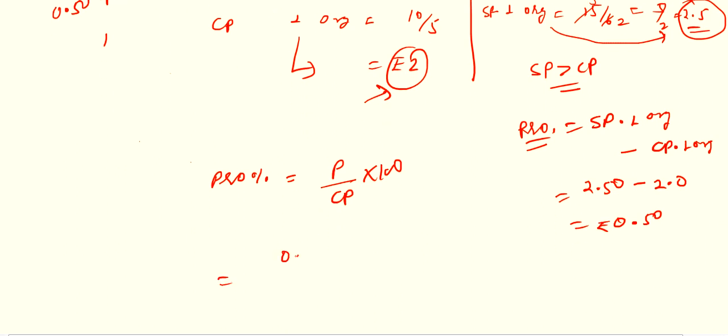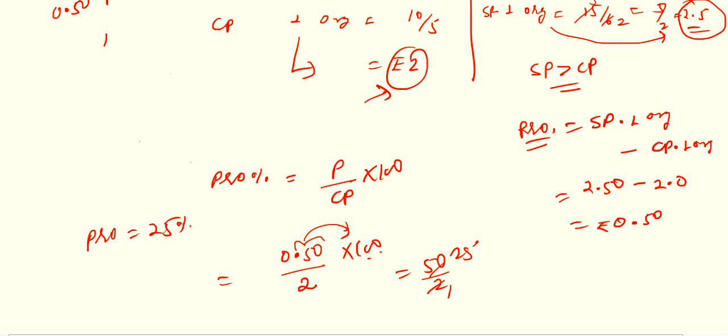So profit percent is 0.50 divided by CP of one orange, rupee 2, into 100. Multiply 0.50 by 100 equals 50, because two zeros are there and on multiplication the decimal will jump 2 places. Then 50 divided by 2 is 25. So profit equals 25%. This is your required answer. Question number 7, you can solve, the same question is there.